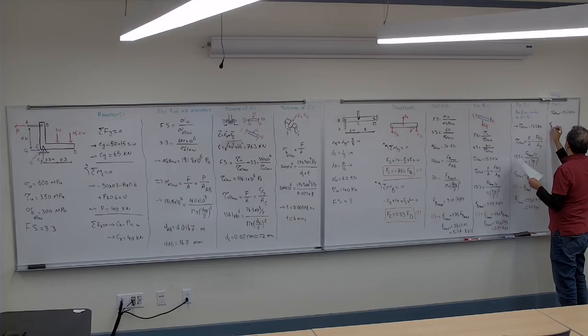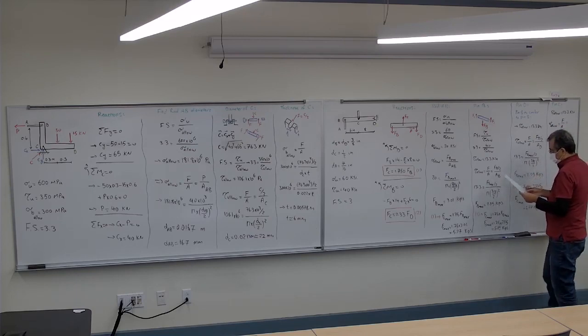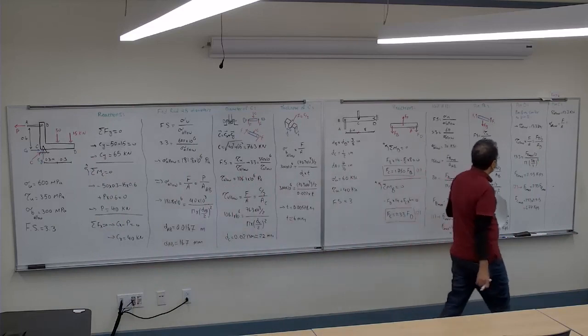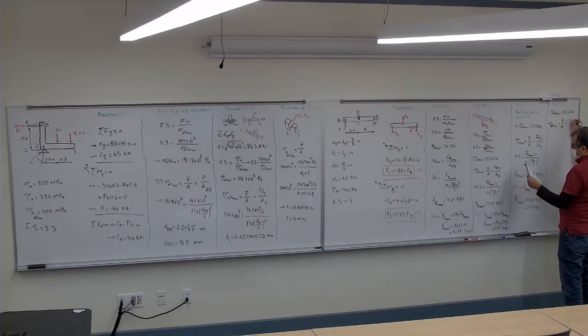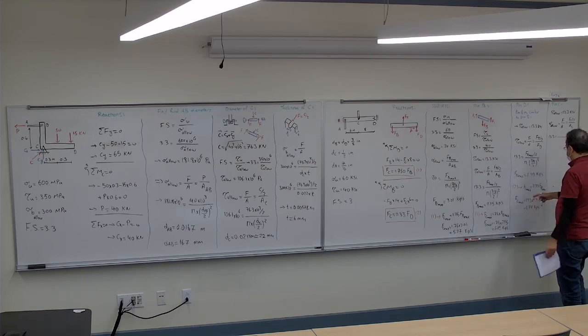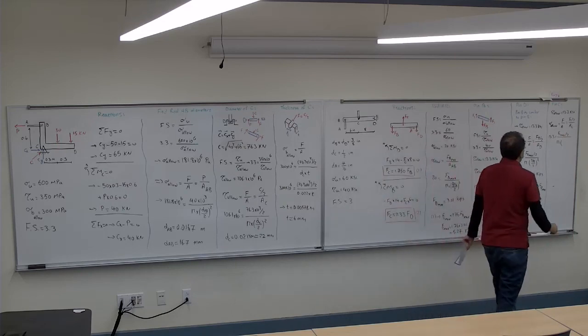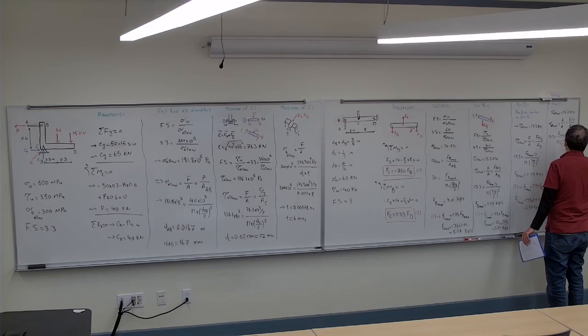And then we know that the sigma allowable is going to be F divided by area, and in this case it's going to be FC max divided by 2, and then the area here for the C is half an inch, so half an inch divided by 2 to the power of 2, so FC max would be